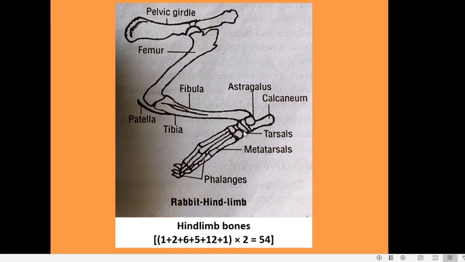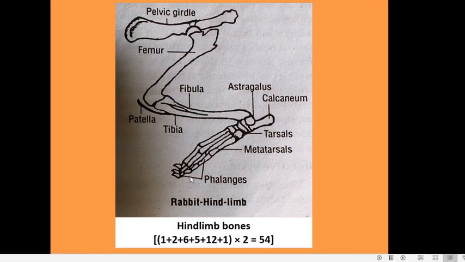The distal row consists of 3 bones which are called the mesocuneiform, ectocuneiform and cuboid. Now coming to the sole region, which is supported by the metatarsals. There are 5 metatarsals and the first one remains fused with the second. Though they are distinctly 5, the first is fused with the second. Now coming to the digits.